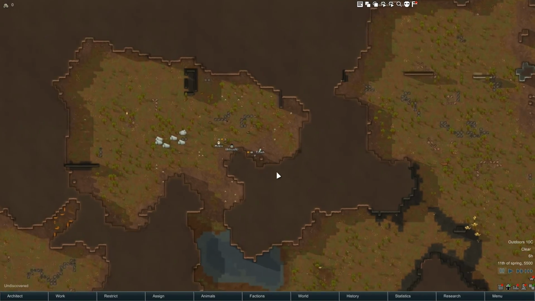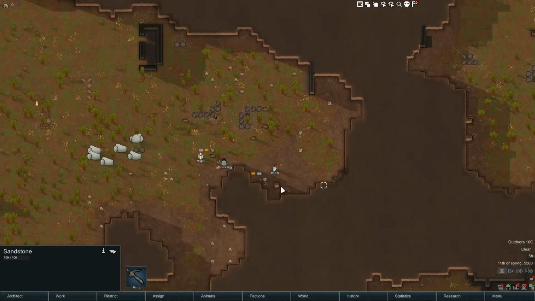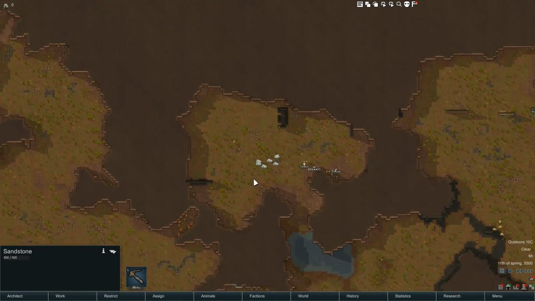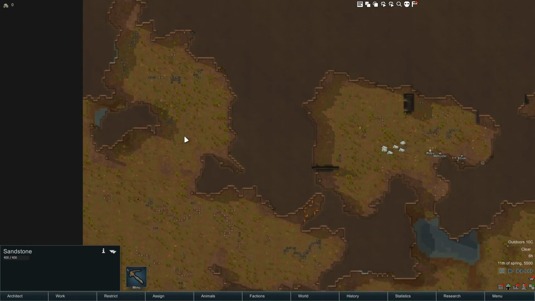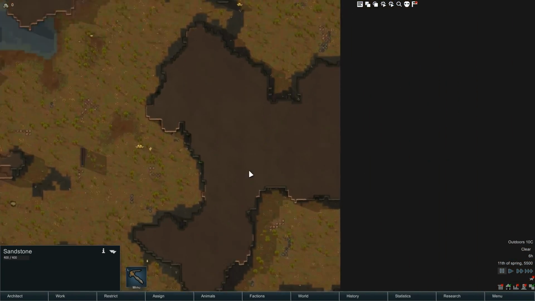Now, I don't know how many components we start with. We got there 10, 20, 30. Alright, and I've chosen a mountainous temperate forest for our first playthrough. Oh yeah, like this is what...